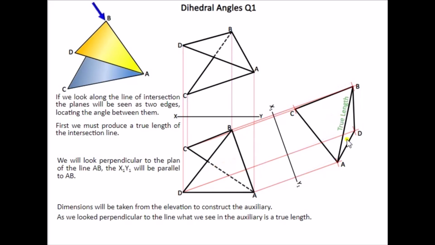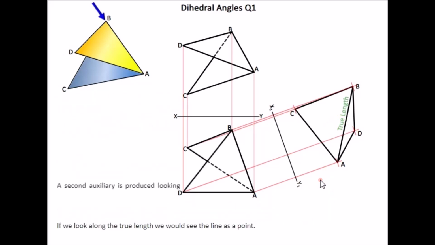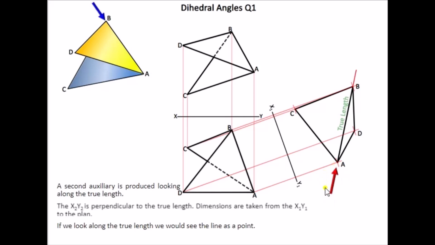So we have our two triangles drawn again here, but the difference in this view is AB is a true length. Now what we know about a true length already is if you look along a true length, you'll see AB as a point, thus allowing us to see the two planes, or the two laminas, or the two triangles as two lines. So what we have to do now is a second auxiliary looking along AB,